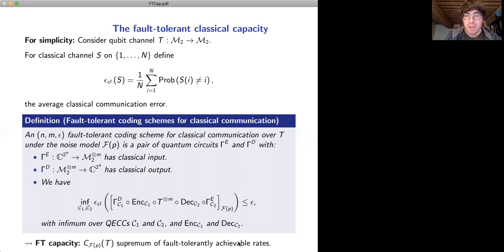of fault-tolerantly achievable rates. Note that as in the previous definition, I want this error to go to 0 in the end. So I'm not allowed to keep an error that depends on the p. The whole difficulty of this is to get this error down to 0. Okay, and I will now show you my main result, or our main result, and explain how you get